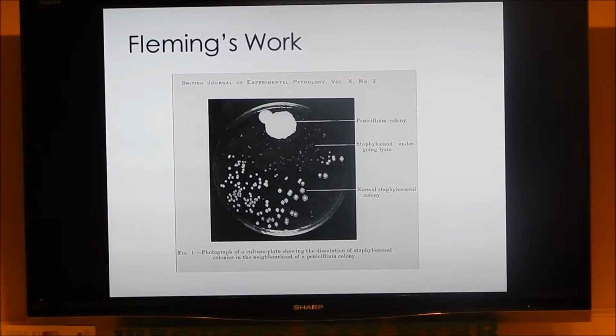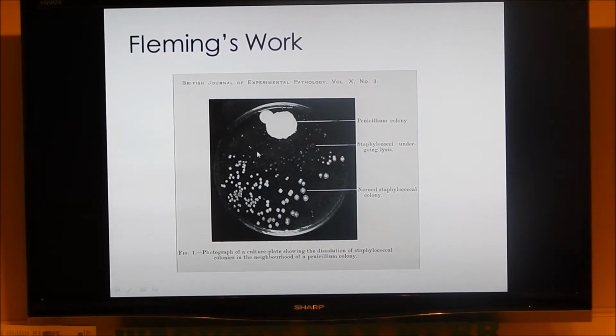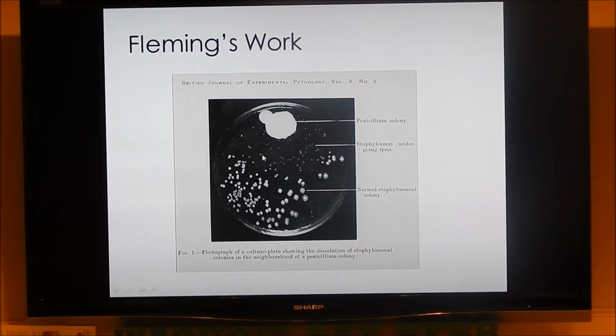So what Fleming did is he went on vacation. He left his plates out, which is not the best way to go. Then he came back and he saw this weird blob here, this white blob at the top. And he was sort of wondering what's going on. These cells down here are what he was trying to grow and what looks normal. But as we go up on that plate, they look a little bit odd. They're not as white, look like maybe they're not doing so well. And as we get closer up to this blob, there's not really anything there at all. So he thought that there's something going on in this white blob, some sort of maybe chemical that's going out that's killing off these cells.